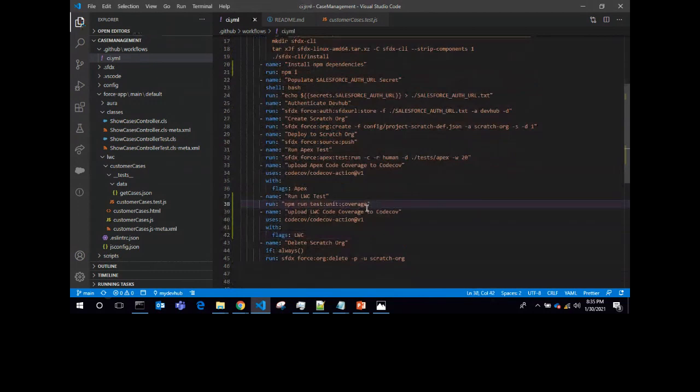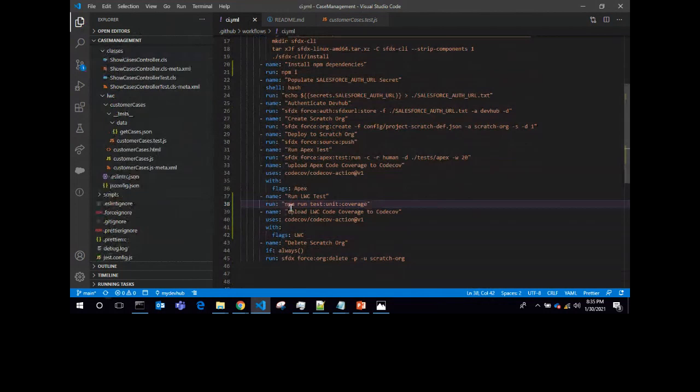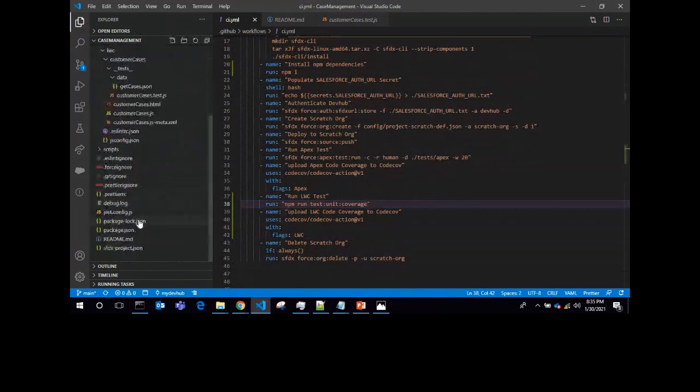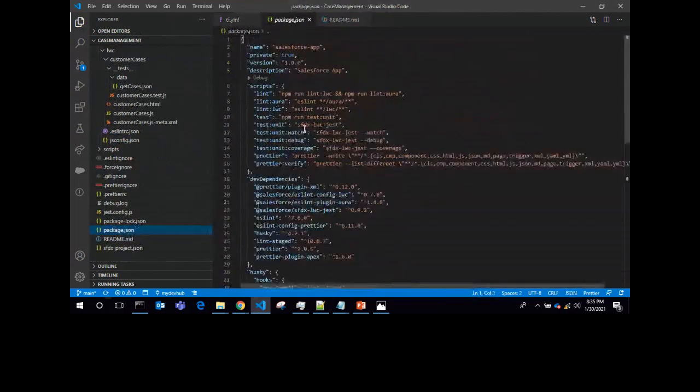Before that, I need to show you where I got to know this command. If I open the package.json file in my repository, the scripts are there. In the scripts you can see test:unit:debug or test:unit:coverage, and you can see sfdx-lwc-jest.